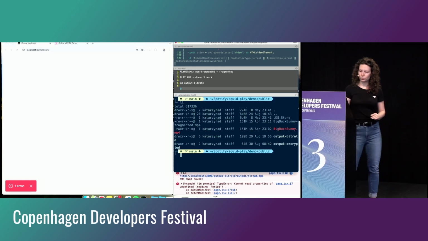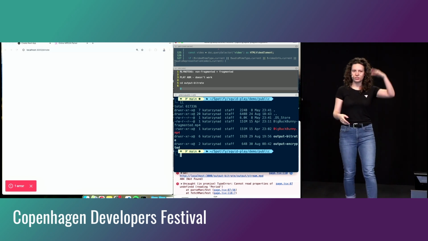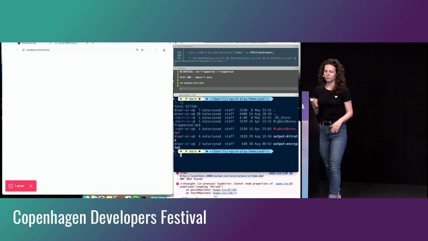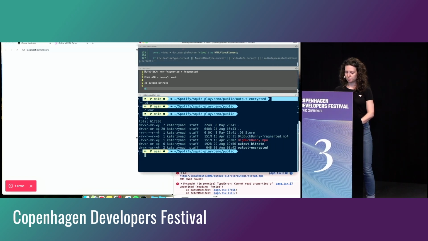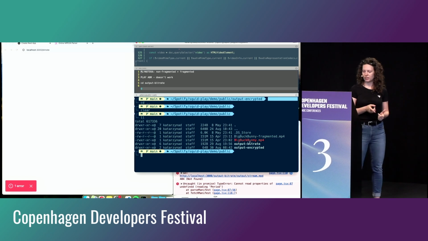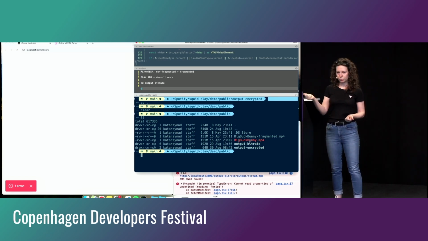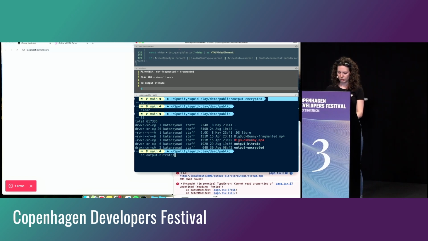this is the public folder. This is the folder where we will store all the content. Obviously, it should be somewhere on the CDN and so on, but I made it simpler. And here I already prepared some of the content, which is the Big Buck Bunny fragmented, and we have 2 folders, one for the bitrate part and one for the encrypted. So if I go to the output bitrate,